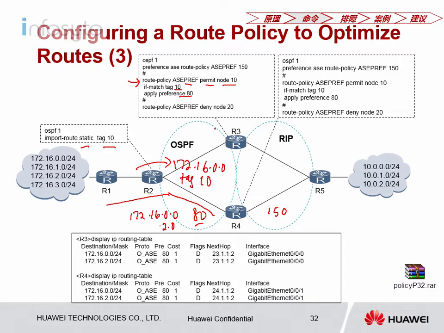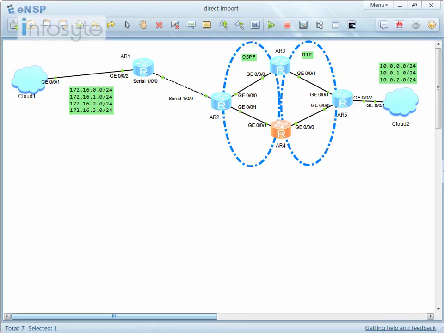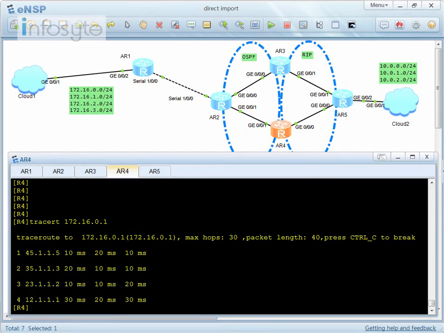Now the same goes for R3 as well. R3 may also be affected by the loop, so we are going to do the same thing on both R3 and R4. Right, so let's look into the solution in our lab. Okay, let's jump back into our lab here. Firstly, on R2,